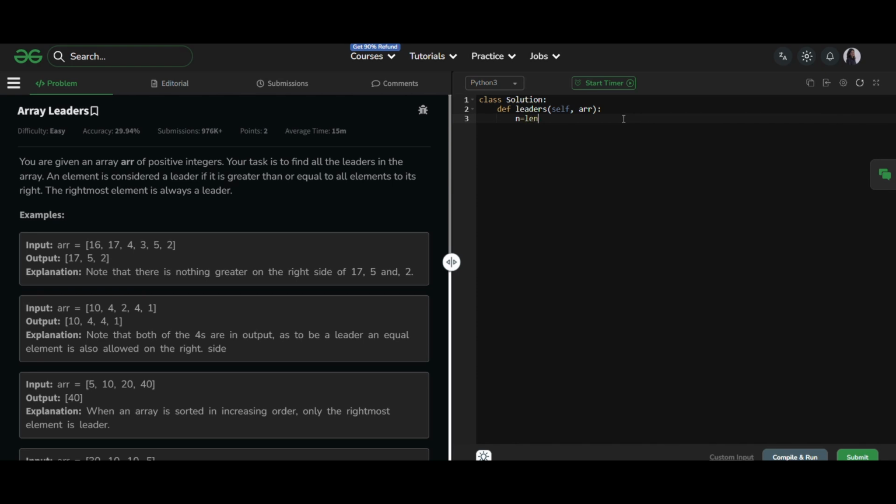So first we initialize n to store the length of the array, and then we declare an array result to store the leaders. Then we are using max right to start from the rightmost element of the array. Then we are adding the rightmost value to our result array because the rightmost value is always a leader, and